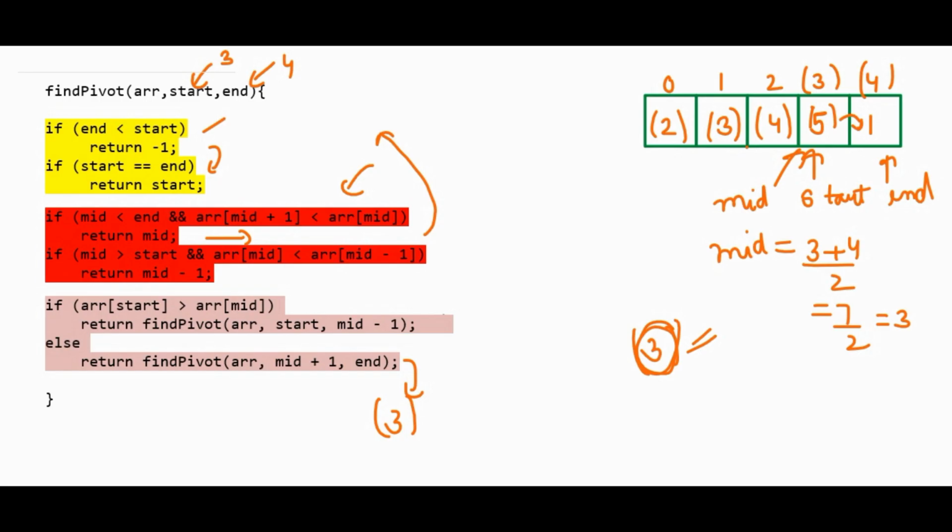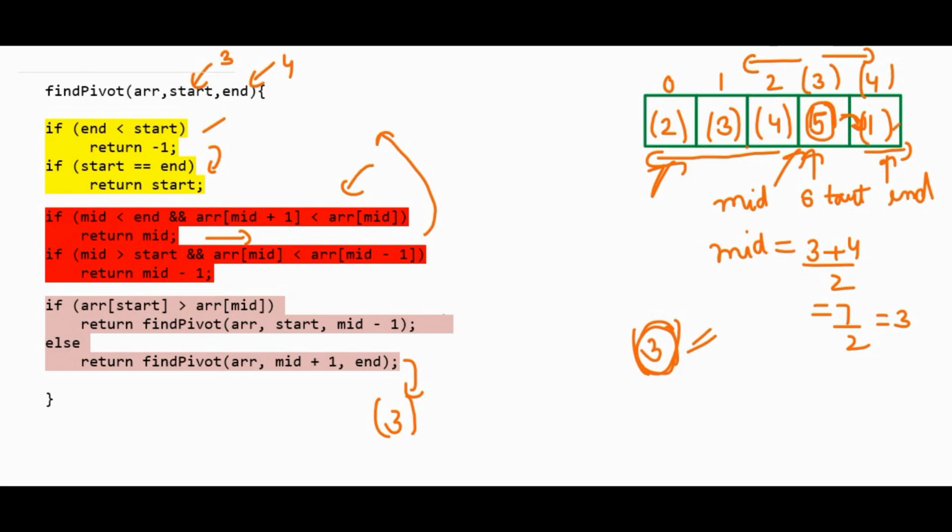Okay. So now, as we have found our pivot element, what do we have to do? We have to check if this array is sorted and rotated. So how will we do that? For an array to be sorted and rotated, we have seen the conditions that from the pivot element, the elements should be increasing on the right side, and on the left side they should be decreasing. So we can see in this array we have 5, then on the left side we have 4, 3, 2, the array is decreasing, and on the right side we have 1. So the array is increasing. We don't have to consider the pivot element on the right side or the left side. We have to just see the right part and the left part of the pivot element, whether it is increasing or decreasing.